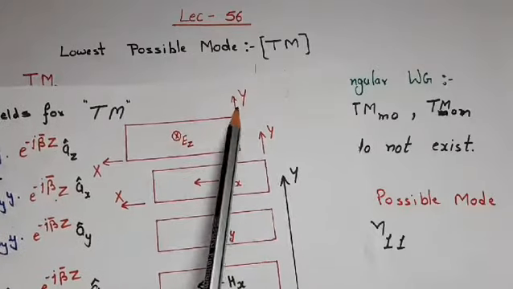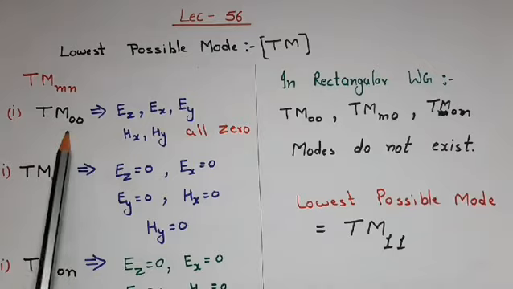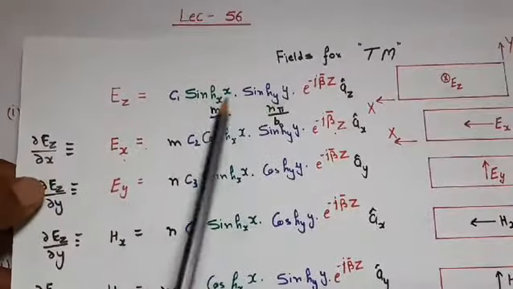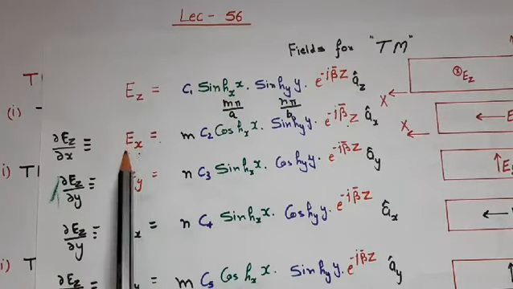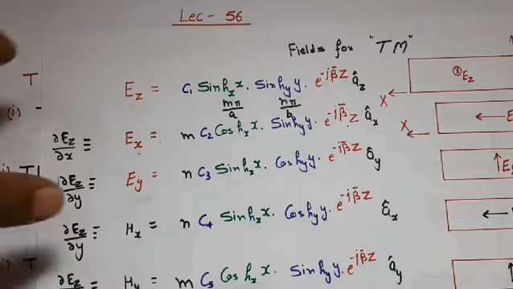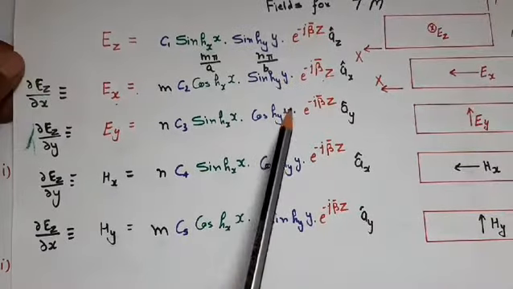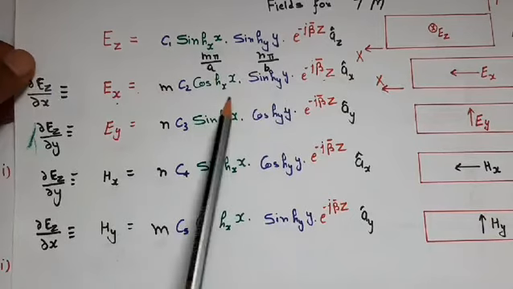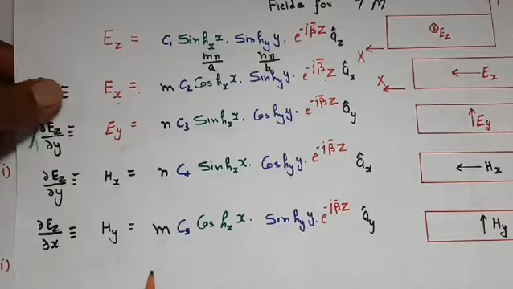If we check which fields exist for m and n equal to 0, then because Ez has both sine functions, both m and n equal to 0 makes Ez 0. If we observe Ex, Ey, Hx, Hy, then all of these field expressions have at least one sine function. So both m and n being 0 makes these field expressions 0. So we can say that the TM00 mode